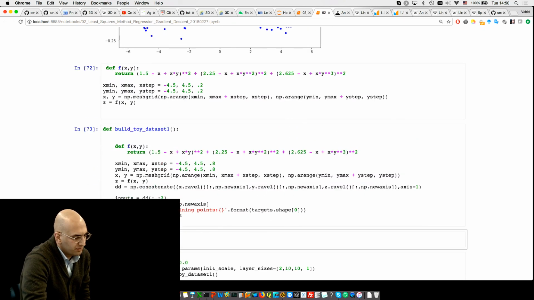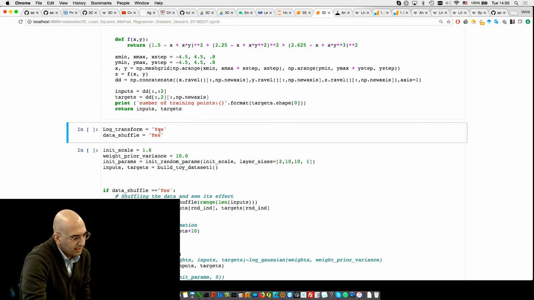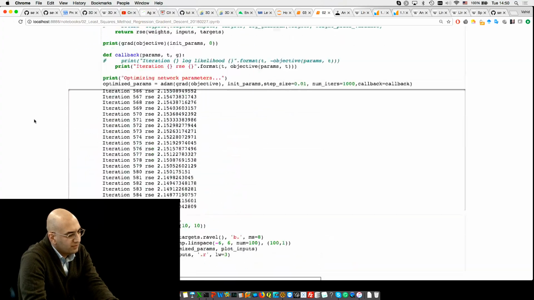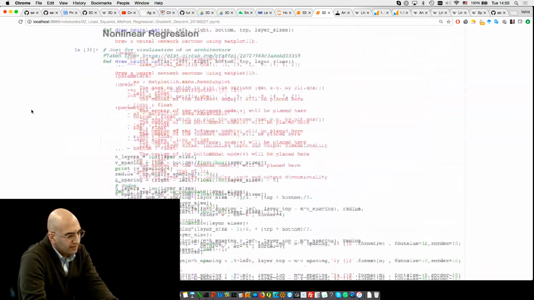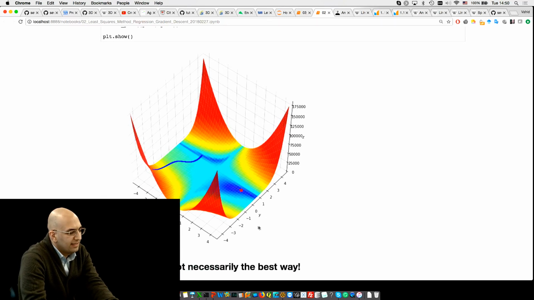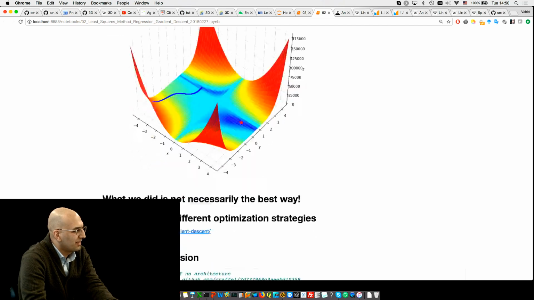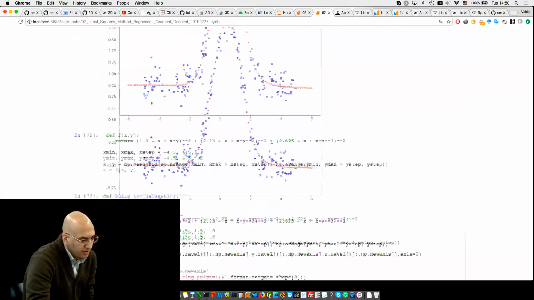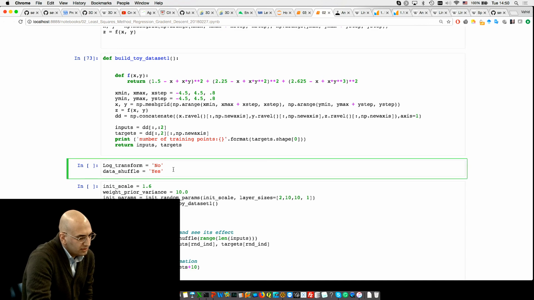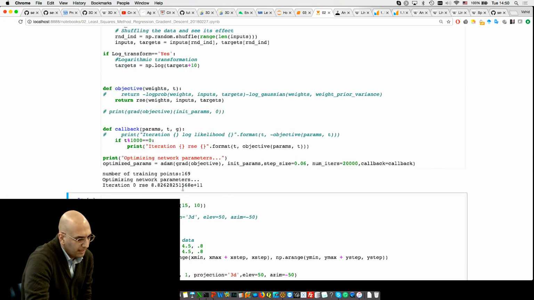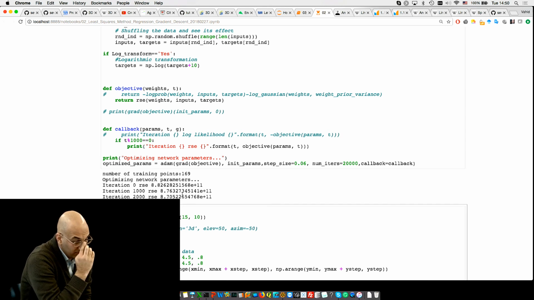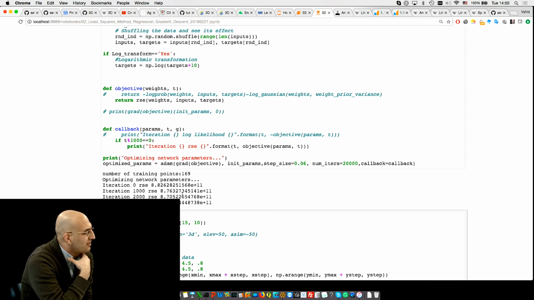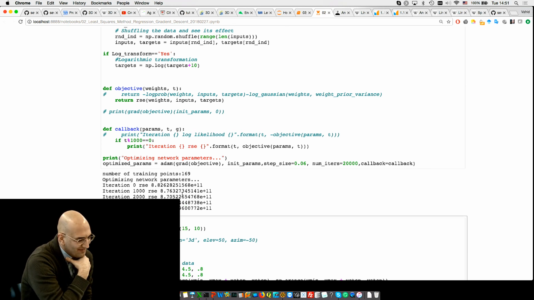So I just created a toy data set, and then let's think now. These are the tricks. For example, if you look at this function, it has some kind of exponential behavior on the corners, and if you want to literally predict the value itself, it gets really hard. But if you do a logarithmic transformation, it gets extremely better. So these are the tricks you need to know over time if you want to use it. Now if we don't do logarithmic transformations, it's a bit slow. But if you have any questions or comments, meanwhile it's training,